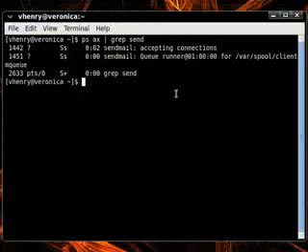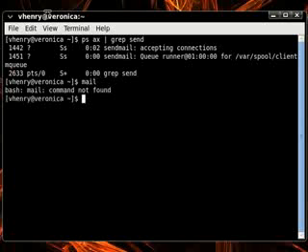A required program that may not be installed by default on your system is called mailx. To determine if we have it installed, you can use a command line option or you can look at the installed software again. Let's type in mail here and hit enter. The error that we get, bash: mail: command not found, tells us that mail is not installed. So let's go ahead and install it. I am partial to using yum, but again you can use either of the other options that we've covered. So I'm going to type in yum install mailx